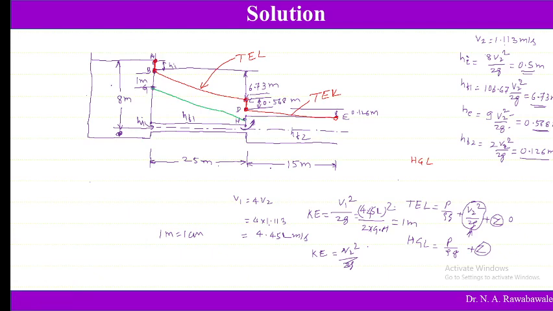Then after this we have to subtract from D the second kinetic energy, V2 square divided by 2g. So kinetic energy 2 is equal to V2 square divided by 2g. V2 is known, that is 1.113 square divided by 2 into 9.81. So this works out